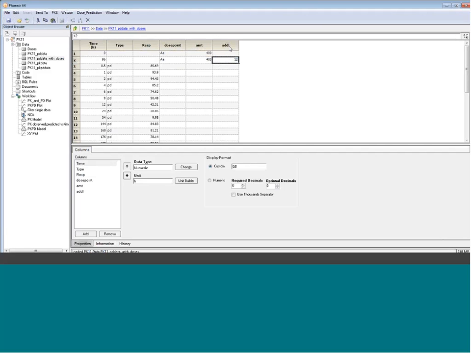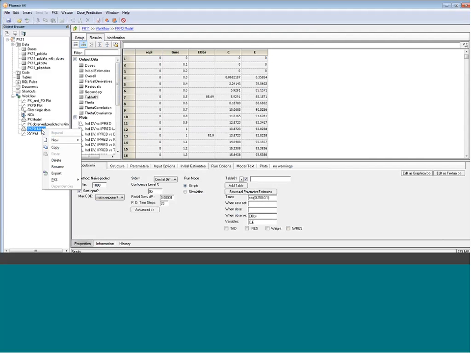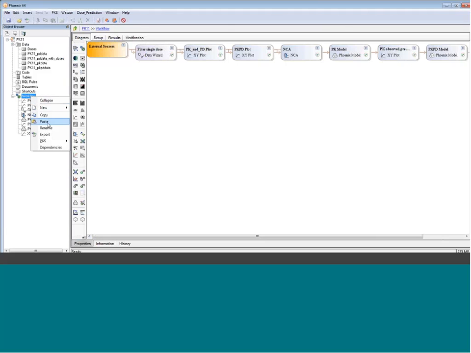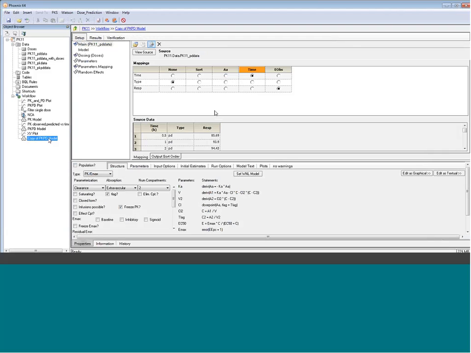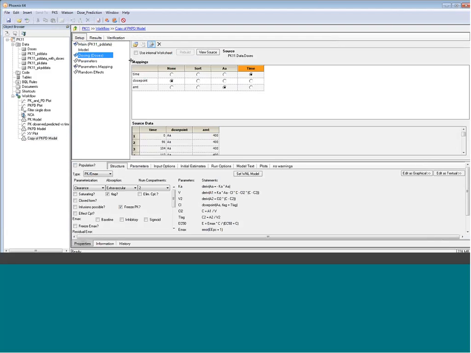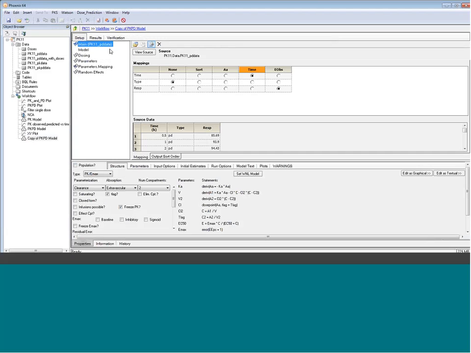That's why I've created here the additional column, which just gives the number of additional doses. And that's what we can use in our PKPD model as an input option. Let me copy this PKPD model and paste it back to the workflow. And then we just eliminate the dose section and replace the main PK data with PD data